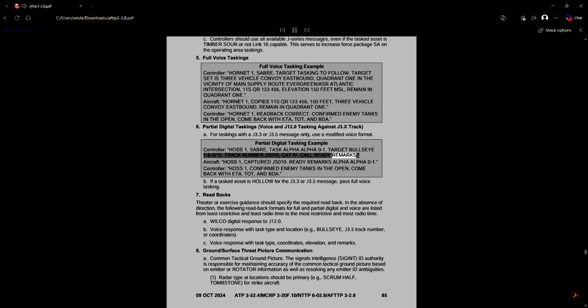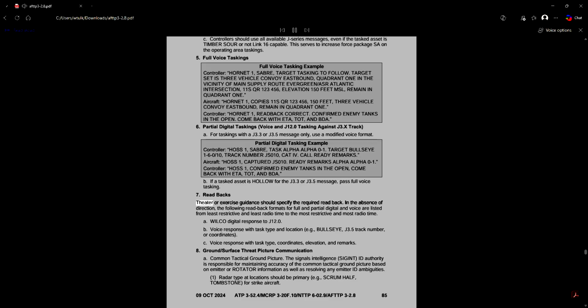Call ready remarks. Aircraft: HOS1, captured JS010. Ready remarks Alpha Alpha 0 to 1. Controller: HOS1, confirmed enemy tanks in the open. Come back with ETA, TOT, and BDA. B. If a tasked asset is not capable for the J3.3 or J3.5 message, pass full voice tasking.